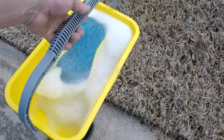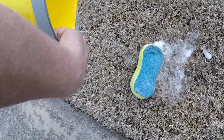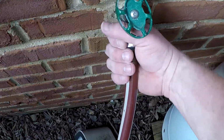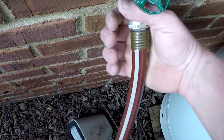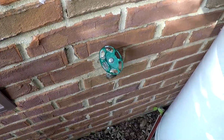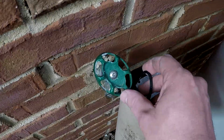Well, I don't need this anymore. There we go. Let's just go ahead and turn this back off now. There we go. Really quickly disconnect this hose. Okay, I say quickly. It's not going as fast as I want it to. Hose is disconnected. Now make sure, since it is winter time, that you put